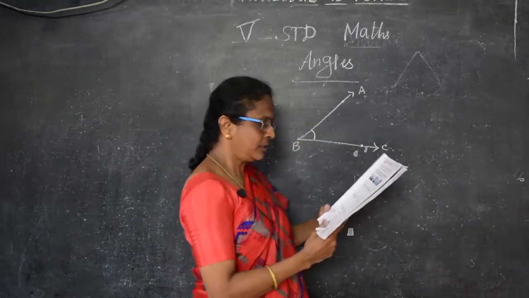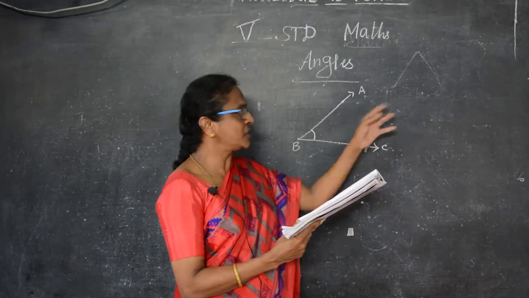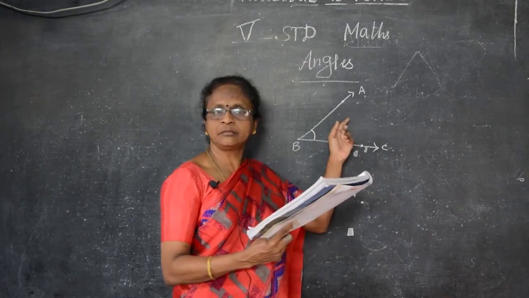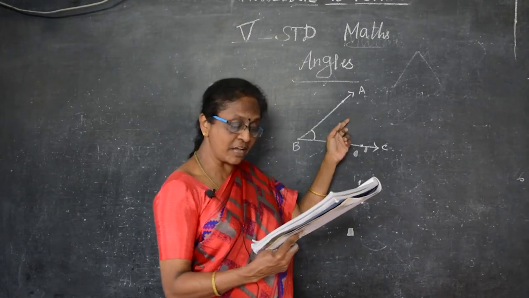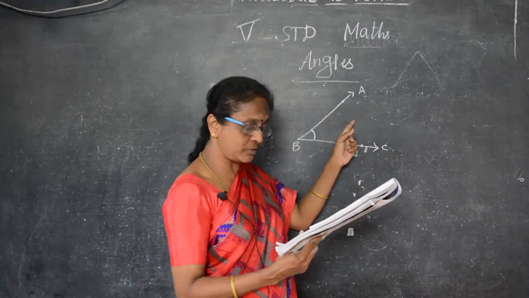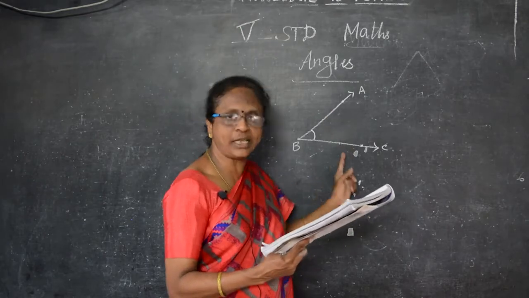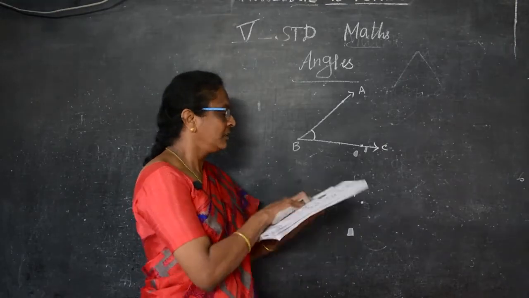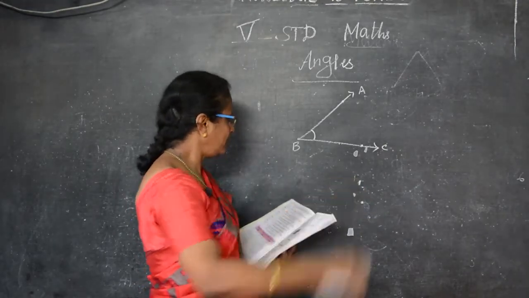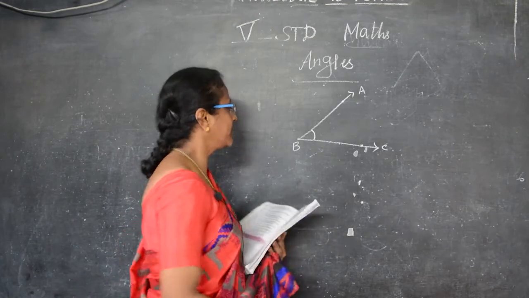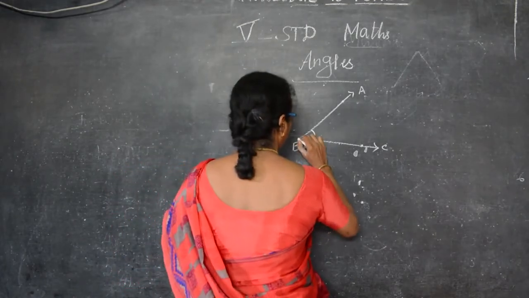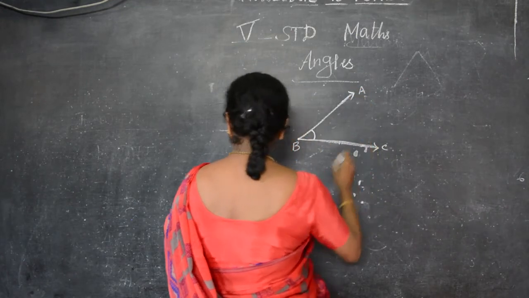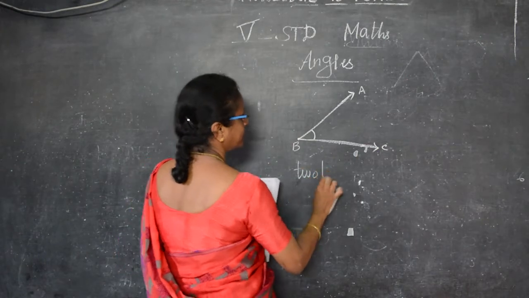Can you understand? So what does this picture show? This picture is an angle. Okay, does the angle have a name? Yes, an angle has a name. Can you see the two line segments? Only two line segments are there. So what are the two line segments? AB and BC. This angle has two line segments. Here's the point. So we can say from point B, BA and BC. Can you understand? Two line segments.